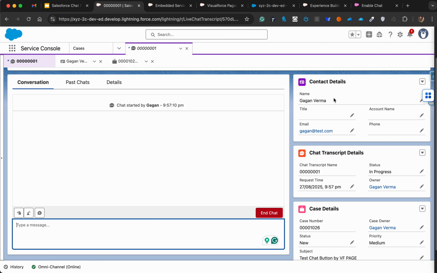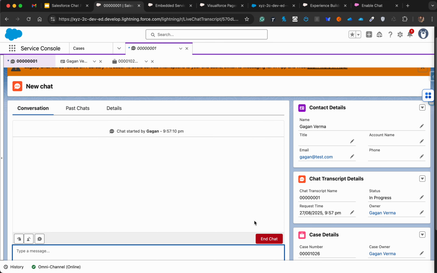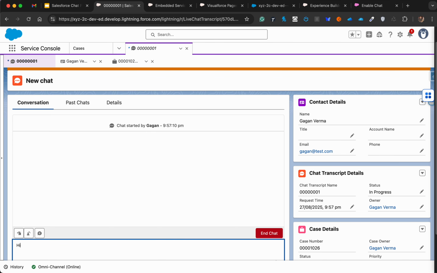And if you noticed here, it also created a contact and the case. Whatever details we are getting from the user, it is going to use as a contact creation, and whatever subject we are entering there, it is going to use as a case subject. Okay, now I will enter some text here, hi there,